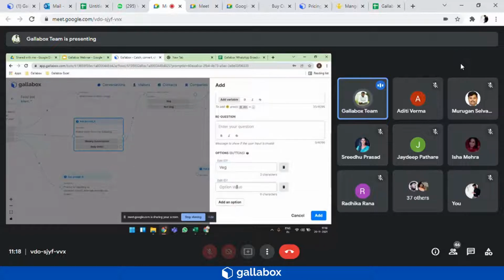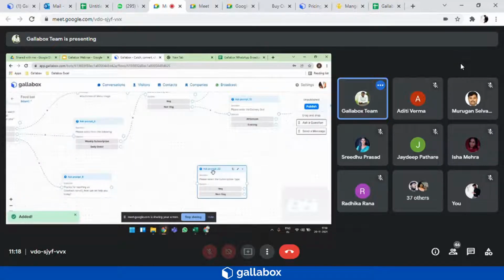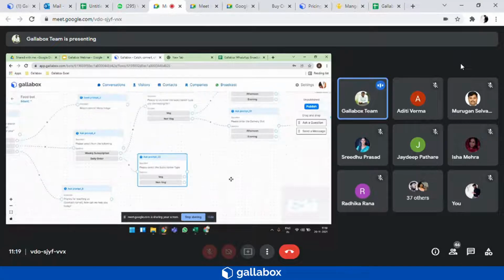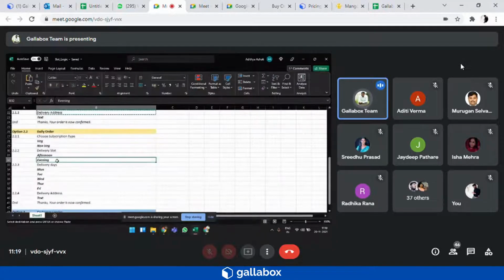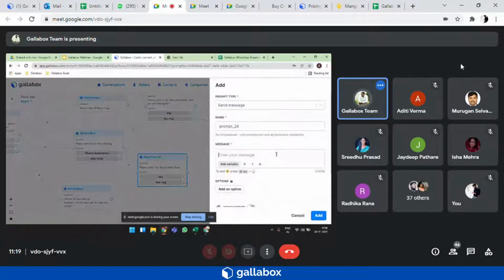Here again it will be veg and non-veg. I will connect that particular card to the daily order button. Once that is done, my next question will be the slot timing, whether it is the afternoon or an evening slot. So again, I will click on send a message.